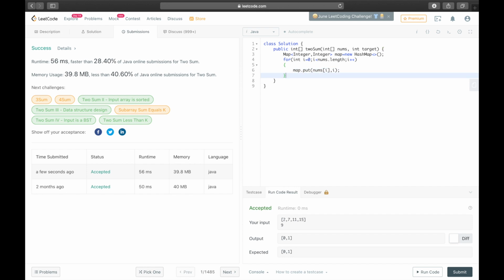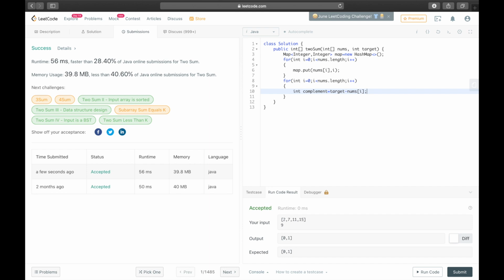Now what we do is, this was the first for loop. Now we create another for loop. This complement variable will store the value of target minus nums of i that we found out in the previous loop.